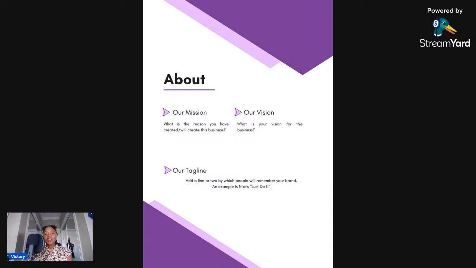So write down what your vision is for your business and also a tagline. This tagline might take a little refining, so whatever comes to your head, just write it down. It doesn't even have to be a complete sentence, it can just be words that describe your brand, right? Like classy, elegant, bespoke, quality, these are different things that you can merge together to be your tagline. So, take a few minutes, think about that, write it down, and we can move on to the next page.